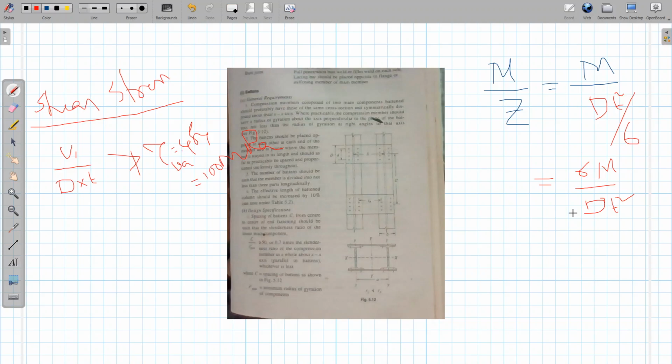Or if you are confused about this Z, then quickly see here what is Z. Z is basically equal to I divided by Y, moment of inertia divided by the centroidal distance. Moment of inertia is d T cube